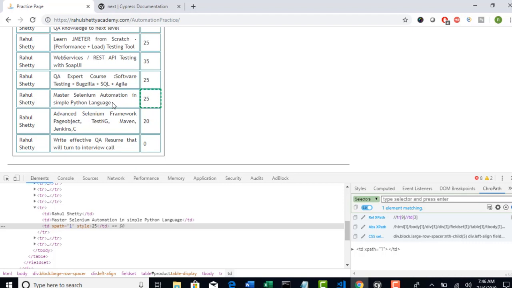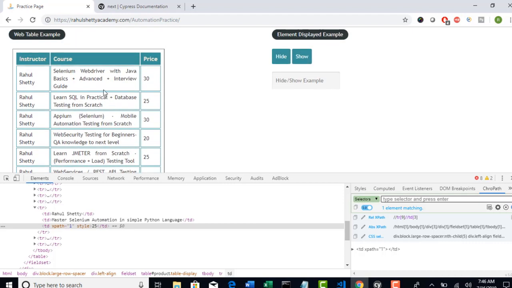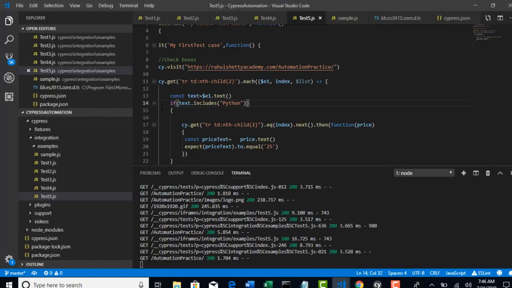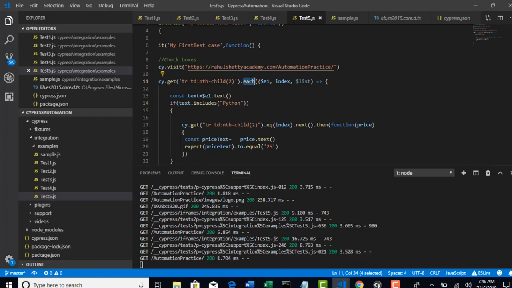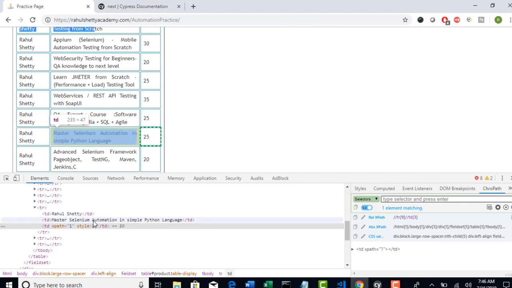But the main trick here is to write a CSS which exactly grabs all the elements of this column. Writing the CSS is challenging here, which will give you all the items of that column. Then you need to iterate with each method,